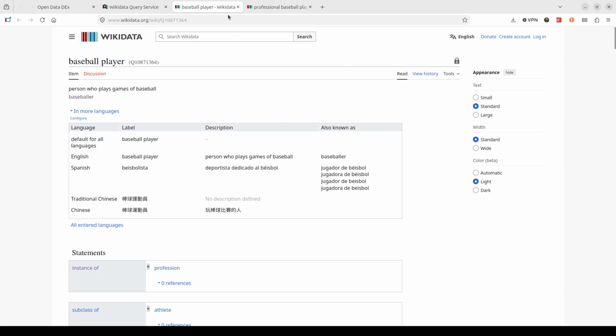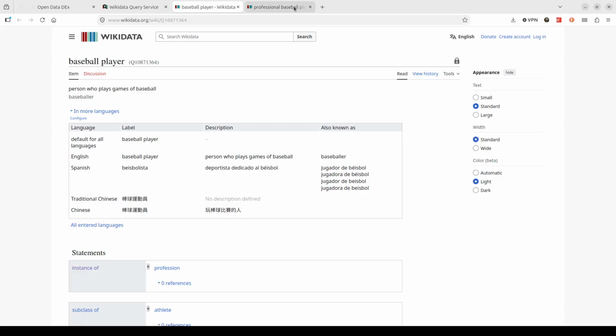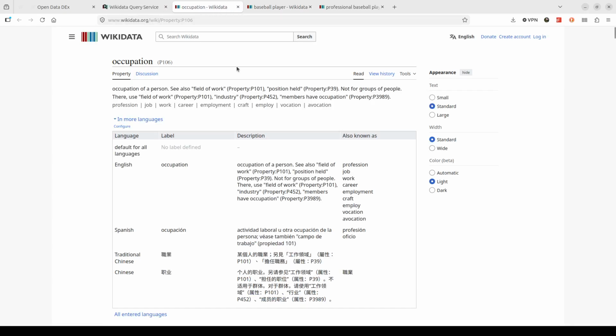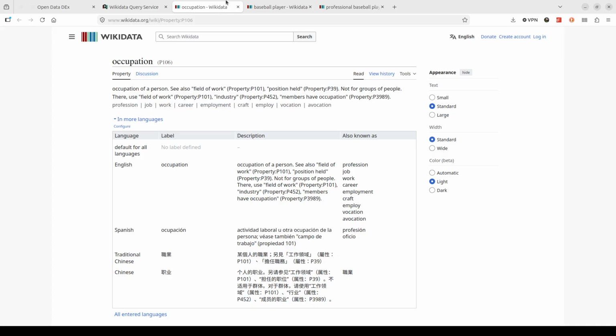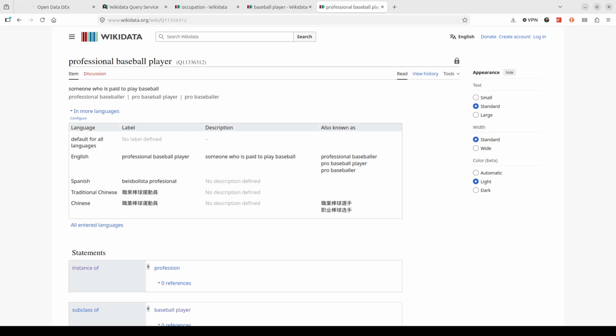So just baseball player versus professional baseball player. I can see why these would be different entities themselves, but when it comes to meeting the property occupation, so yeah, let's hit that one, occupation, this P106, it really doesn't make sense to have both of these as options for occupation, because if your occupation is baseball player, you can kind of just infer that you're a professional baseball player.